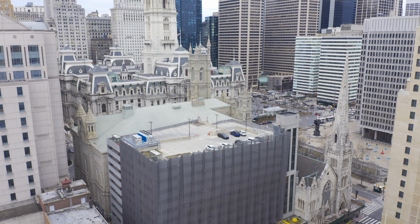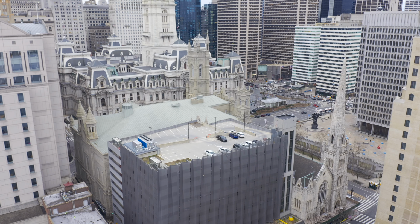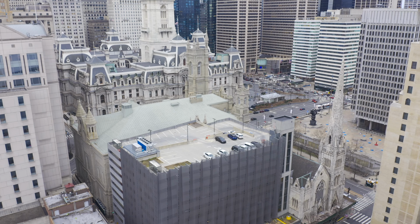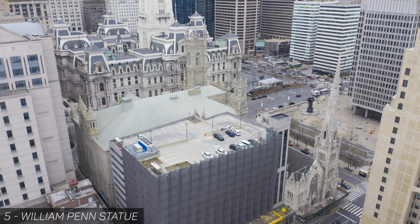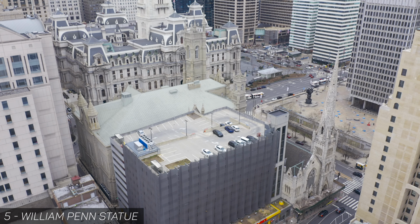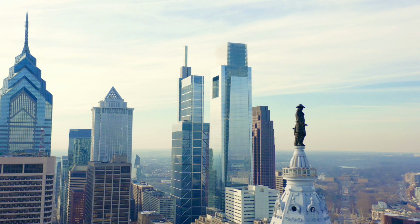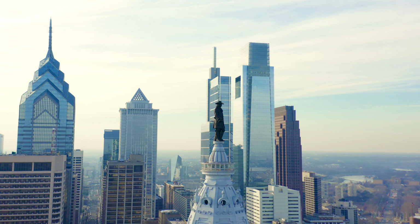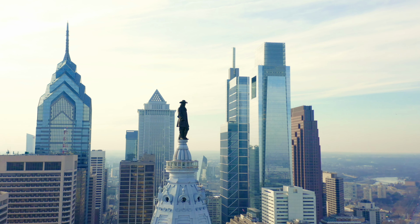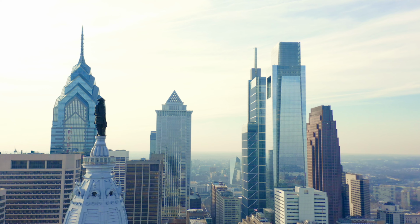Now, the next spot that I'm going to show you guys is sort of a high risk, high reward spot to get some really great footage, but you're not going to have all that much room to stretch your legs. So the spot I'm talking about is the Convention Center parking lot. You can park here and you can fly from here. Some points of interest around the area are the William Penn statue, the skyline, as well as City Hall in general. You have a perfect 360 view of a lot of the tall buildings within Philadelphia, but you can't fly over people, you can't fly over traffic,